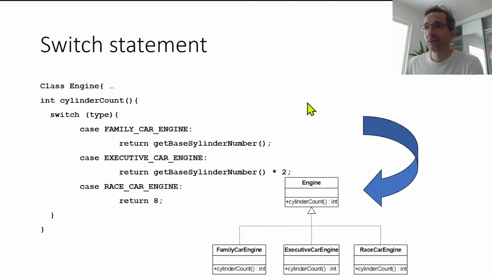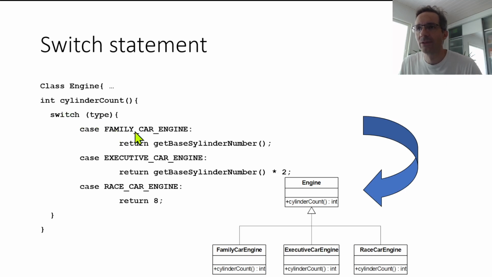As an example of the switch statement, this would be a typical C type of program where we have a class engine. Well, we wouldn't have classes in C, but this would be a module, and we would have a function inside the engine module, a function cylinder count, and we would have a switch based